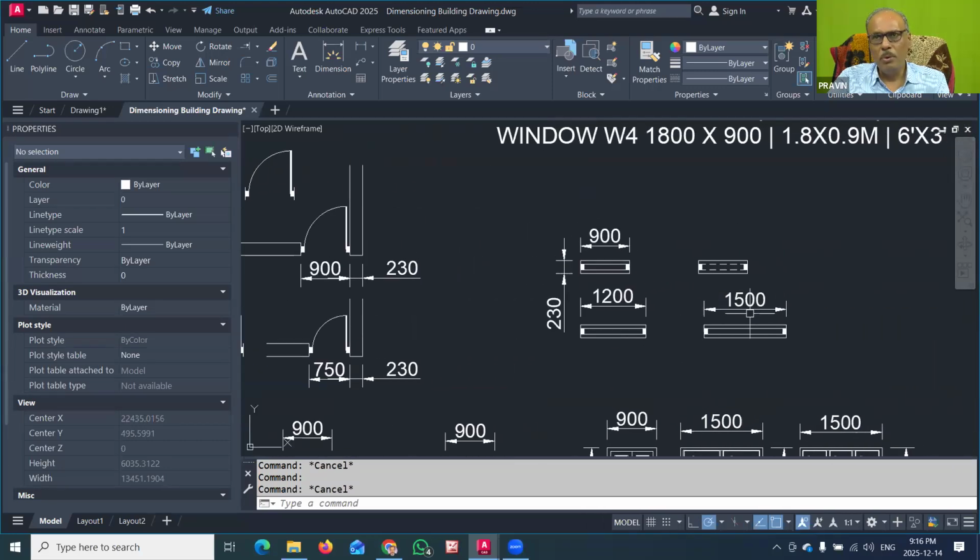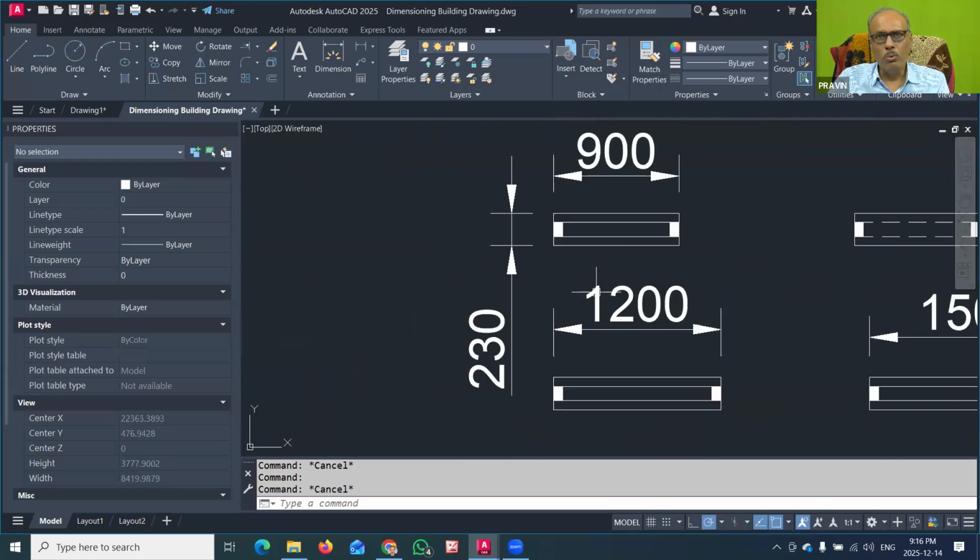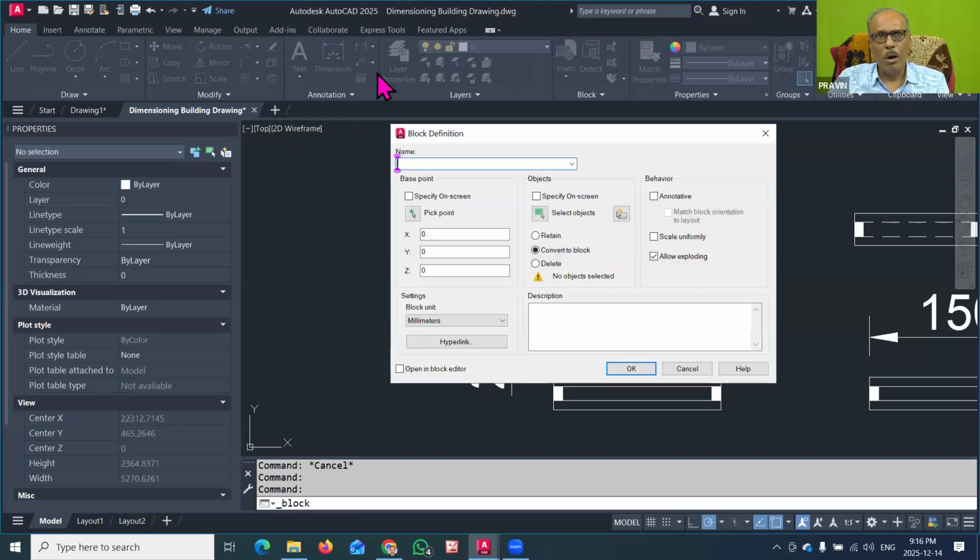Now we will also move to the windows to create these window symbols. Again I will go to create block, and here the name is window 900. That is only the indication, because there are no two-panel or three-panel distinctions.